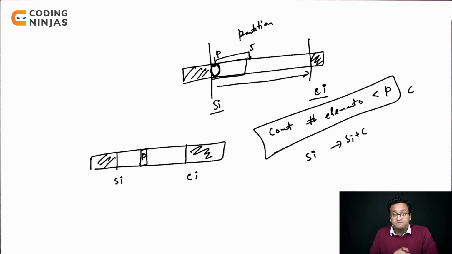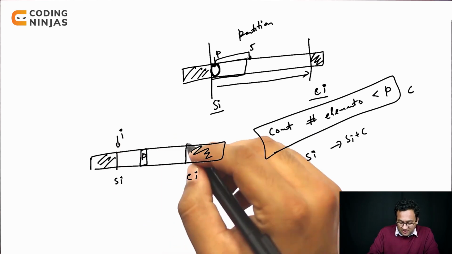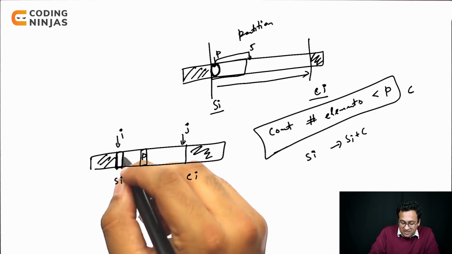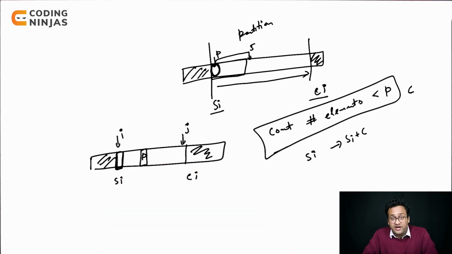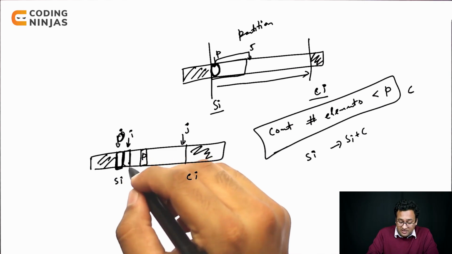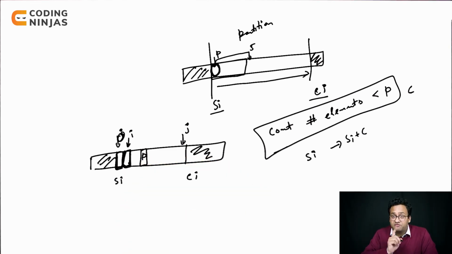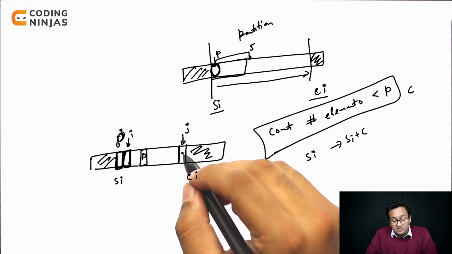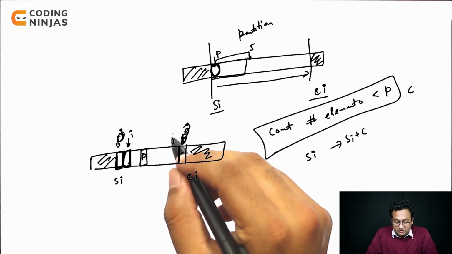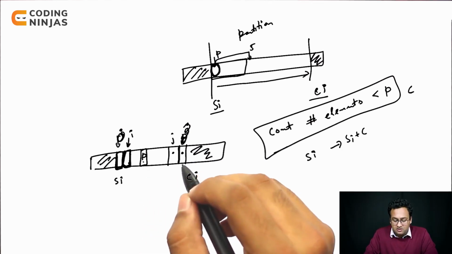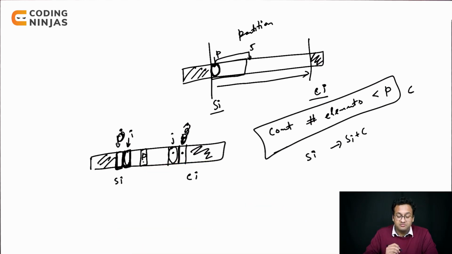What do I do now? Extremely simple solution. You take an I at the beginning, you take a j at the end. If this number is less than P, then this number is at the right place. It's fine. We can move I. If this number is not at the right place, then wait. Check for the last element. If this number is greater than P, then this is fine. Move it. If this number is less than or equal to P, or let's say less than P, then we can swap this number and this number.